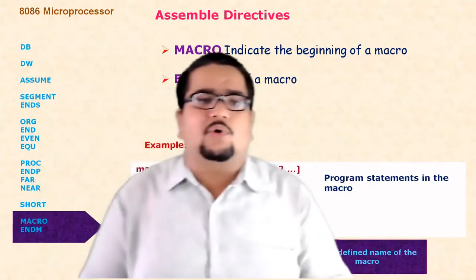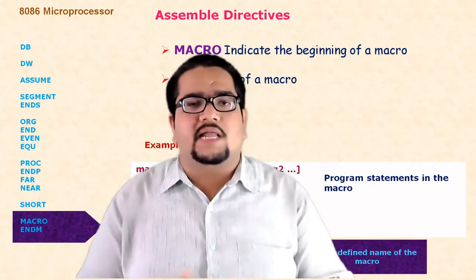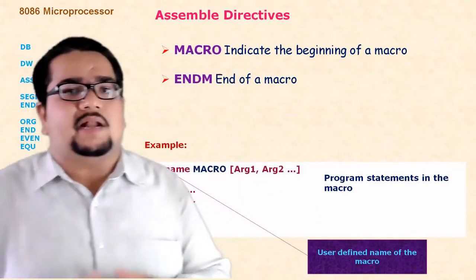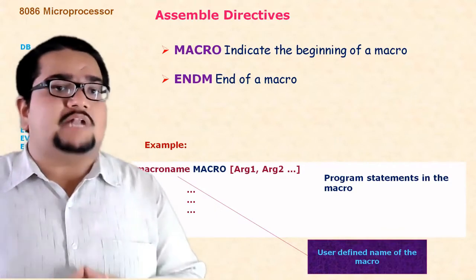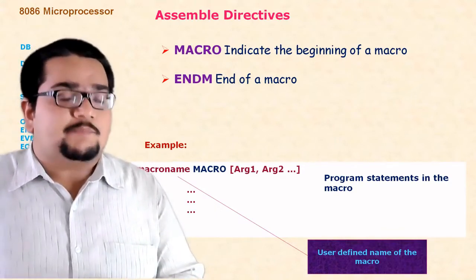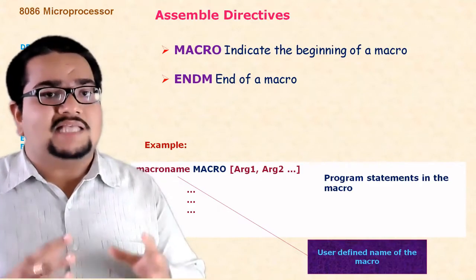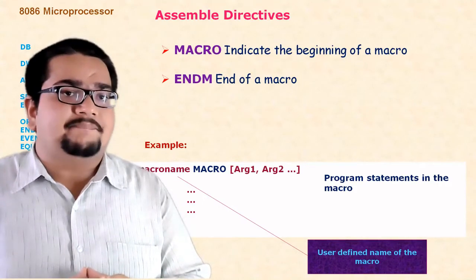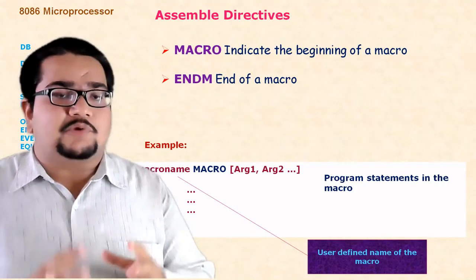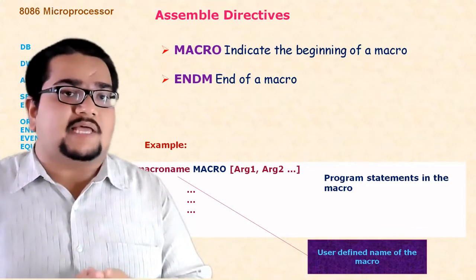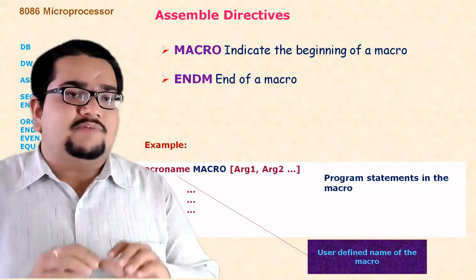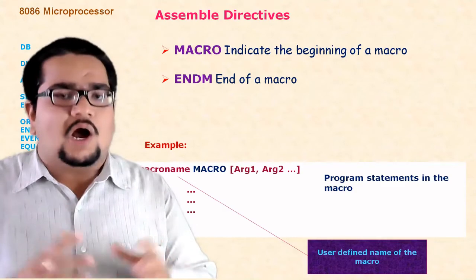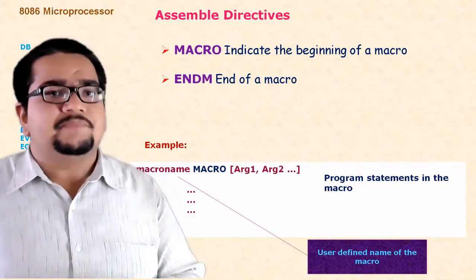Here next we have MACRO and ENDM, the last two assembler directives which we will be discussing. ENDM is end macro. They are in some way similar to the procedures I talked about earlier. Procedures and macros together are used in assembly language programming to reduce the size of the instructions we write in the program. Technically, procedures will actually reduce the overall memory size, but macros will not. But when we write a macro once, it can be reinserted multiple times by just writing it once. Why and how, we will talk about macros also.